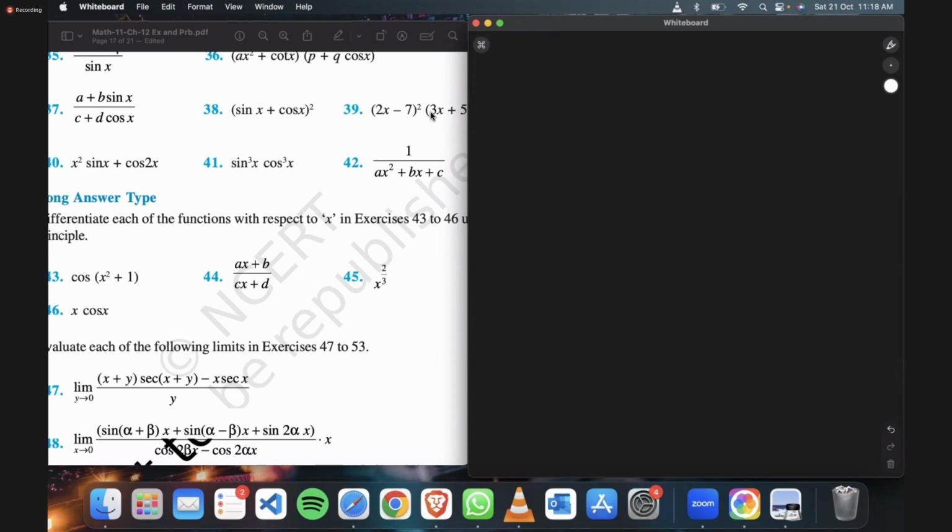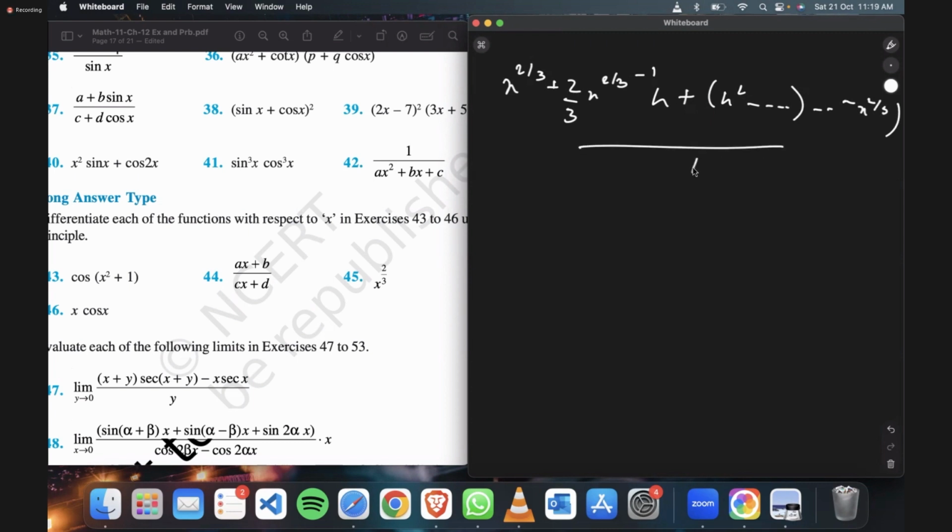So let me just write it again here: x to the 2 by 3 plus 2 by 3 x to the 2 by 3 minus 1 times h plus h square something, and in the end minus x raised to the power of 2 by 3. Alright, this whole thing is divided by h. So if I just simplify it now,